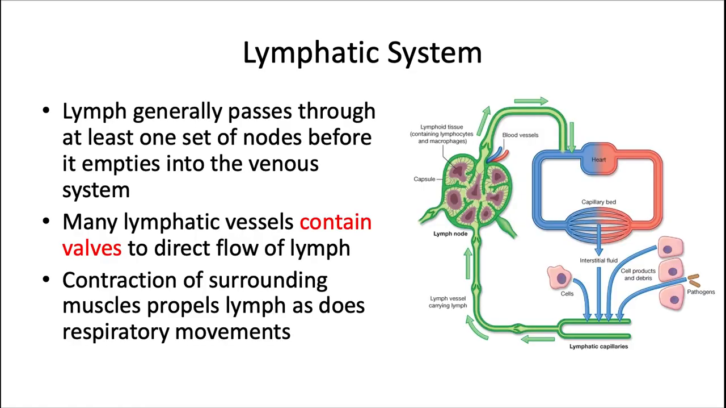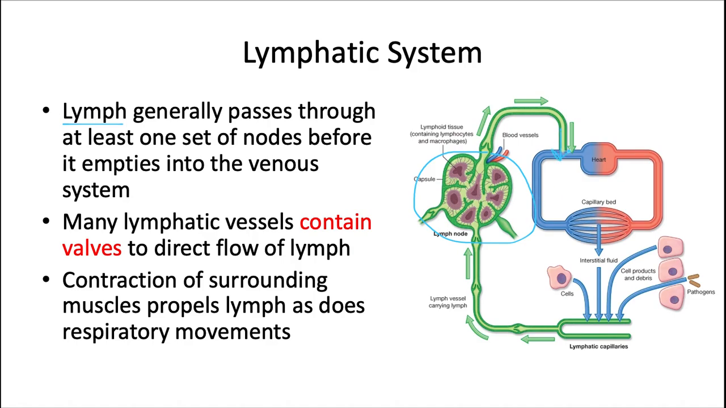So the lymphatic system is designed to help rid the body of toxins and waste, and it does so with this medium called lymph. A lymph is a clear, colorless fluid that contains white blood cells to help fight infection. Now, it usually passes through at least one set of nodes, here's a lymph node, before it empties into the